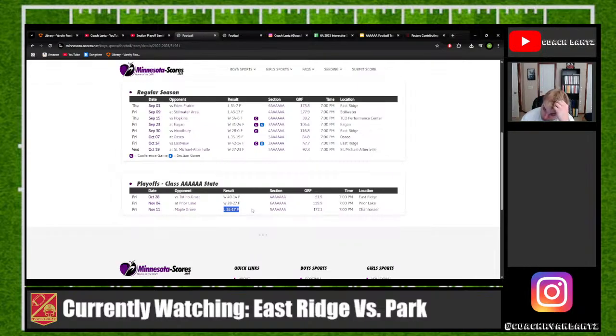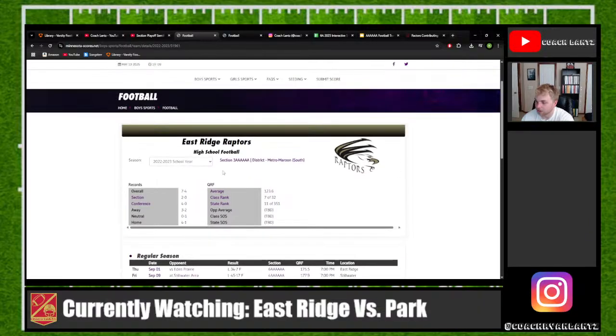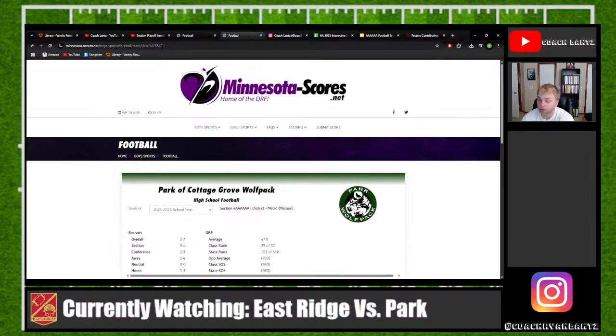Maple Grove, ooh, yeah. I mean, they only lost to eventual state champion Maple Grove by 7 points. Like, that's nutty. So yeah, a lot of credit to East Ridge. Normally, they're better than what their record shows them to be, so can't underestimate the Raptors. As for Park Cottage Grove,